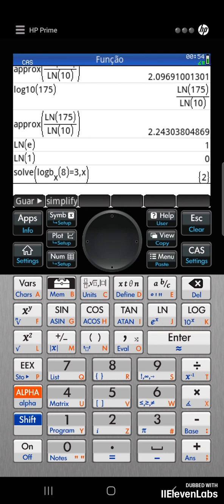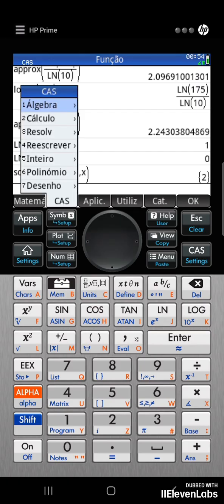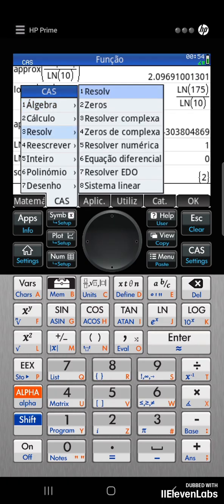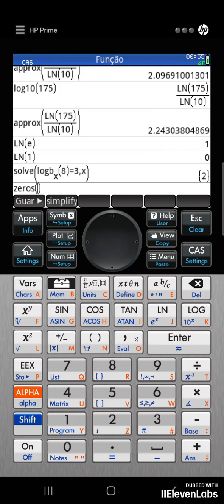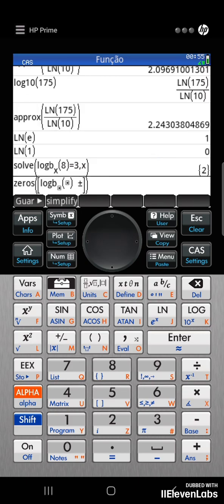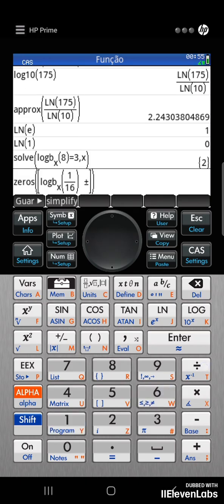So, I come here now, I'm going to do another logarithm here. I can also use another command. I can go here to solve, and zeros, and here I will write inside brackets, as if it were a vector, my logarithm. Logarithm then, with base x, logarithm of 1 over 16, which is equal to 2.